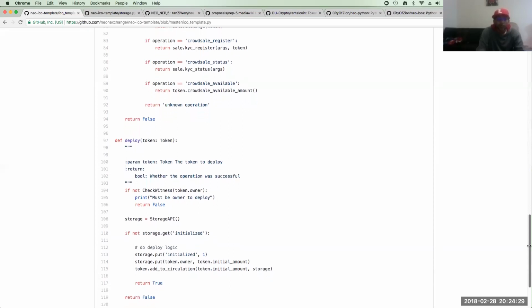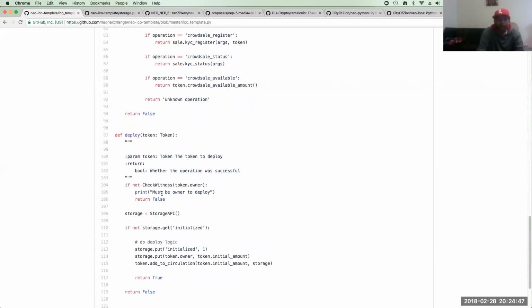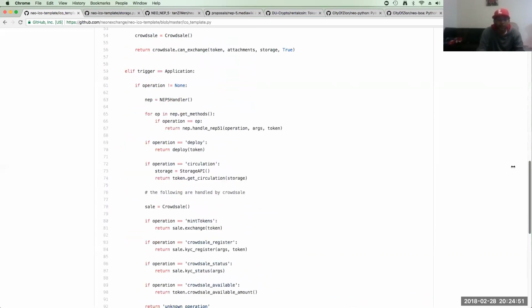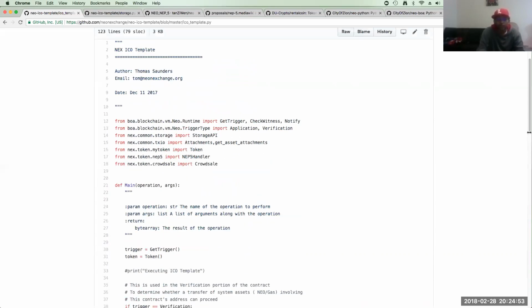For example, here in the deploy, the token owner gets their token original amount. It checks the witness. Okay, so right here, it's checking the witness. It must be the owner to deploy. Then you're adding tokens to the circulation.